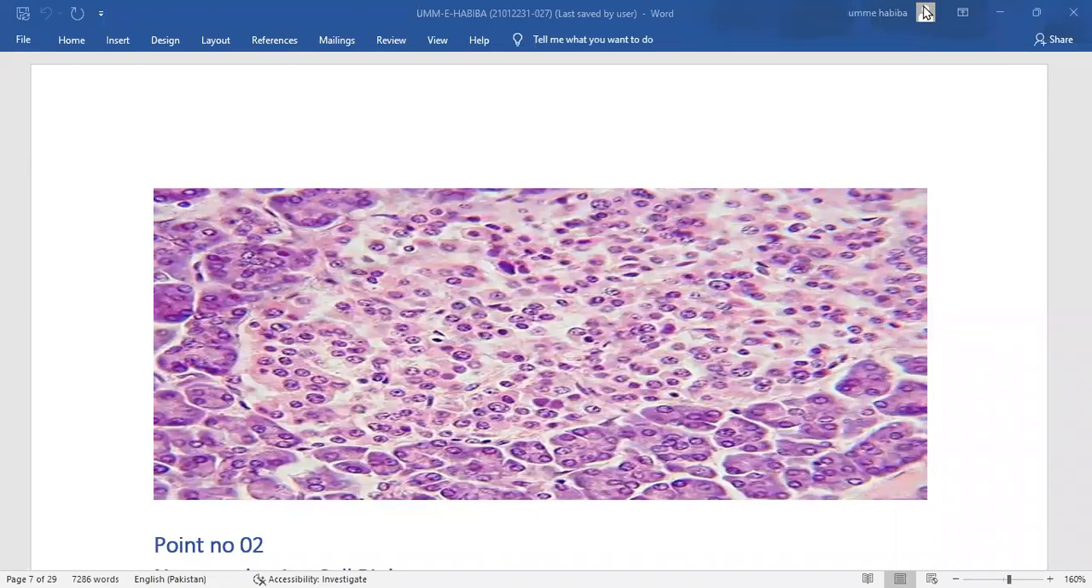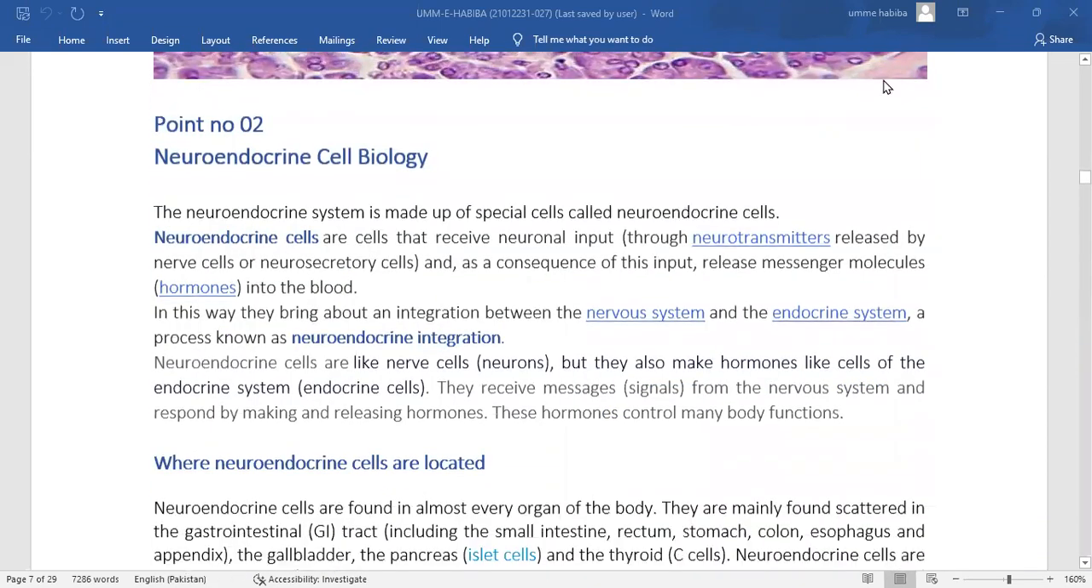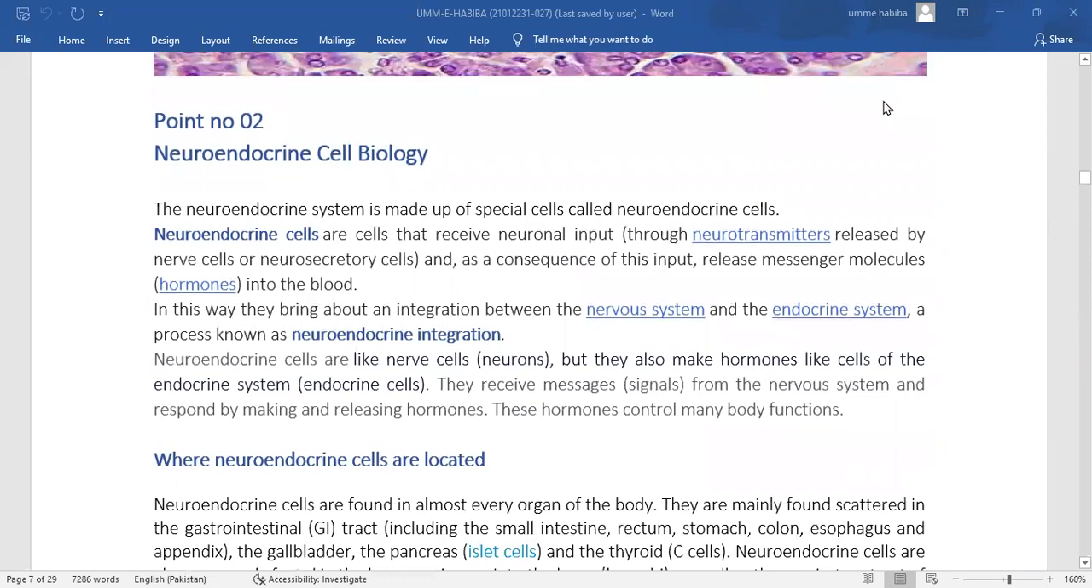The topic number two is neuroendocrine cell biology. The neuroendocrine system is made up of special cells which are known as neuroendocrine cells. Neuroendocrine cells are the cells that receive neuronal input through the neurotransmitters released by the nerve cells or neurosecretory cells,